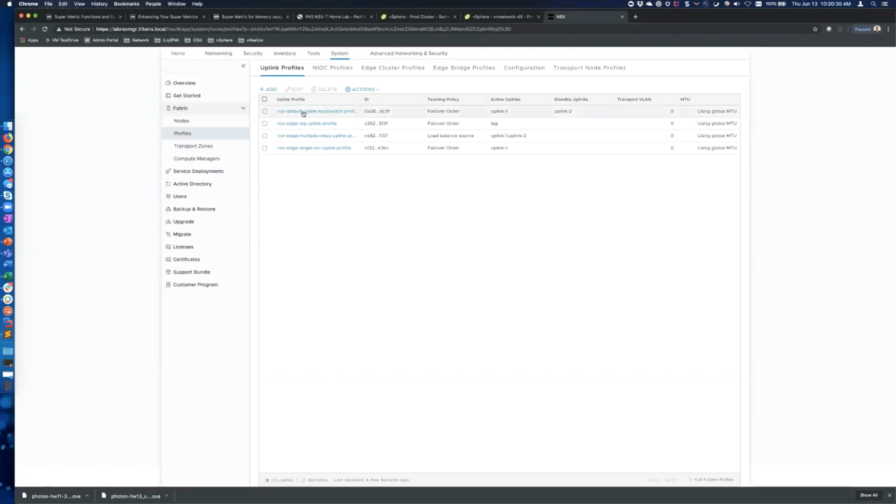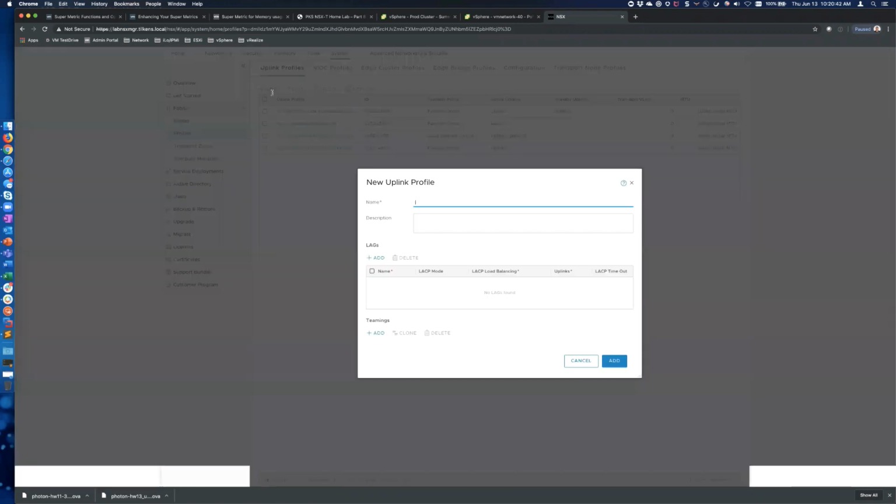And here we're going to create a new uplink profile for the hosts. We're going to leverage the default one for the edge node, but we will need a different one for the host. So I'm going to click add here. And Aaron, if you want to kind of explain this as I'm doing it, might help. Yeah, so the uplink profile is